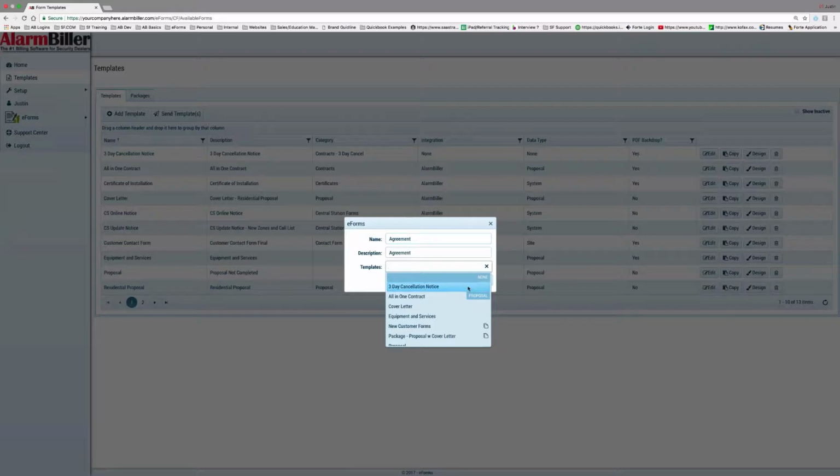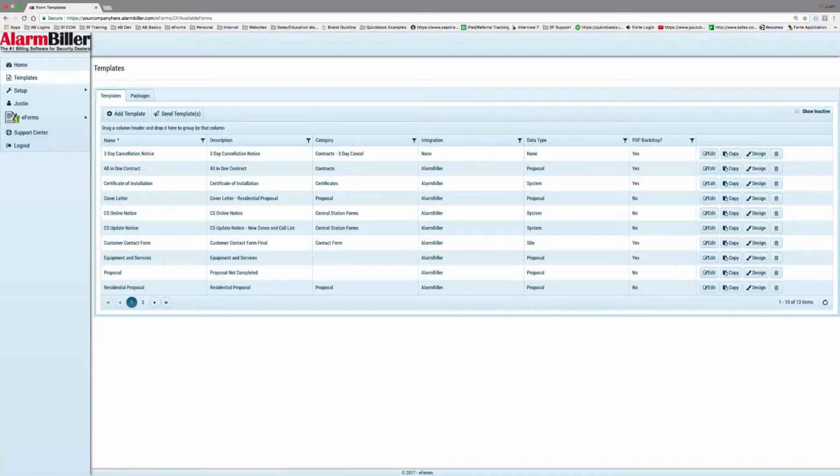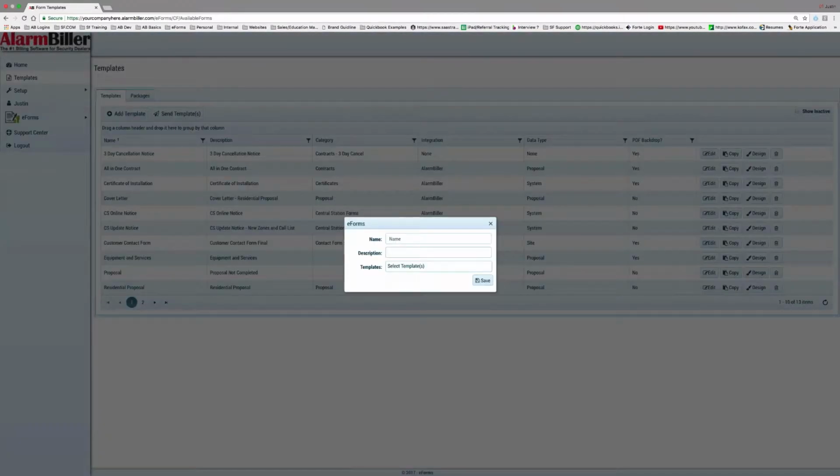One is none. Okay, so that means there's no integration set up for this specific template, and there's no data type selected. So the only one that we have that doesn't have an integration is going to be this 3-day cancellation notice. So if I pick that, you'll see I can just quickly click Save, and it will take me to the next step. Now, if I did have a template in here and I want to say Send Template, and it did have an integration and it was integrated with a specific area of the application,